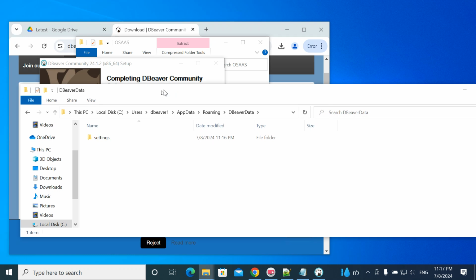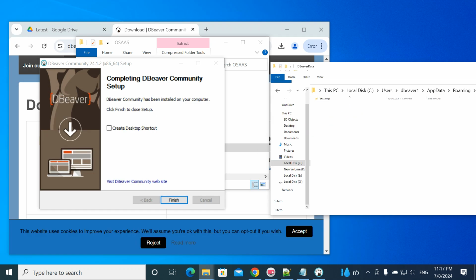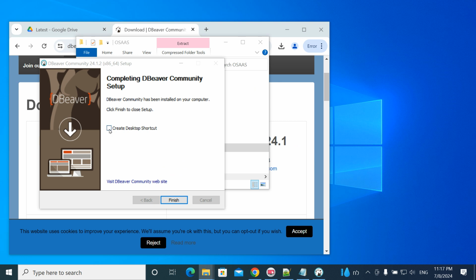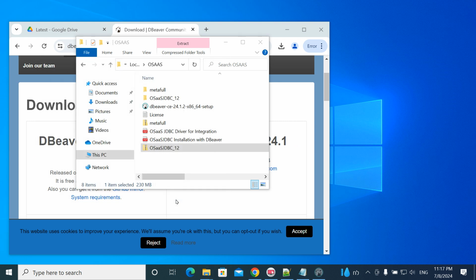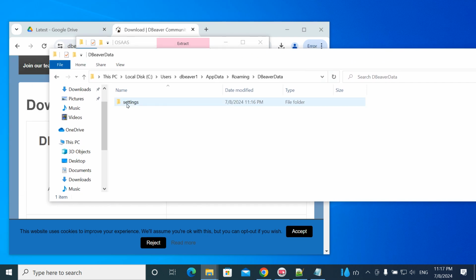This is a very important folder. Now we can see here only one folder called settings, but